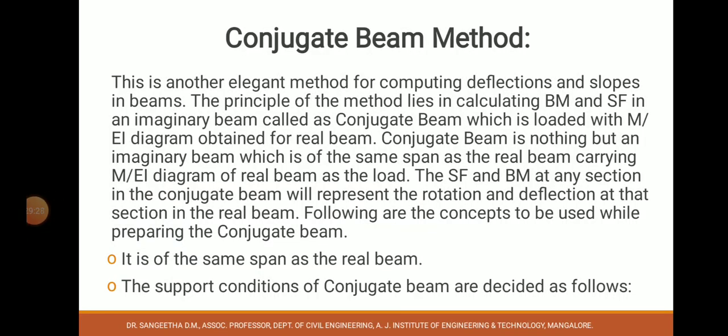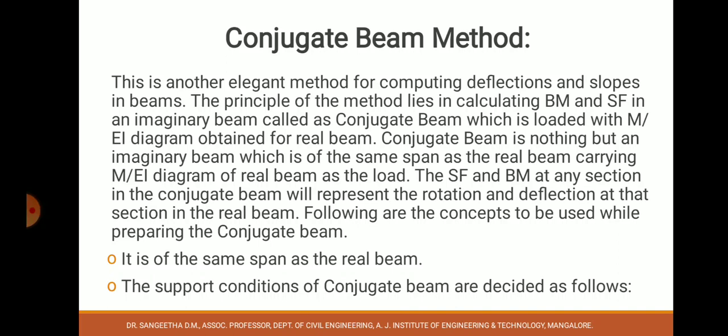Moving ahead with the next method. With that, I'll wind up the things related to the moment area method, and I'd like to introduce one more new method known as the conjugate beam method. The conjugate beam method is an extension of the moment area method, where, similar to that, one conjugate beam will be considered. I'll just read out the sentence first and then I'll take you to the real beam and conjugate beam.